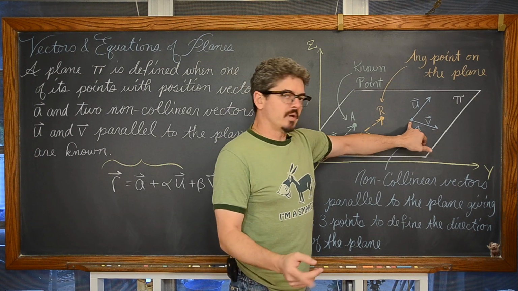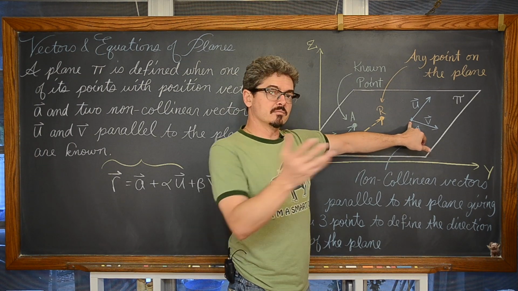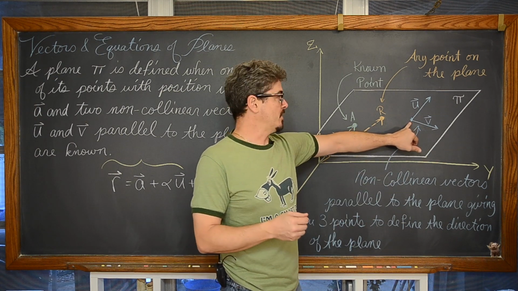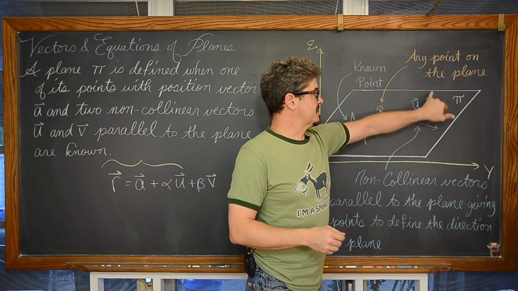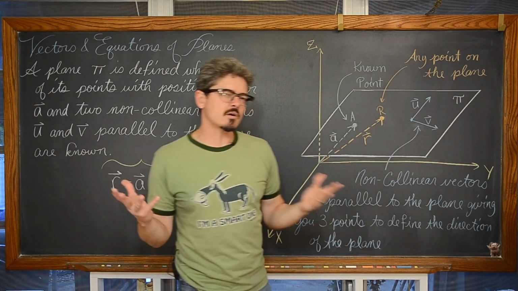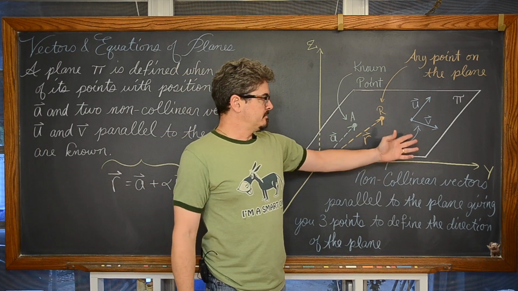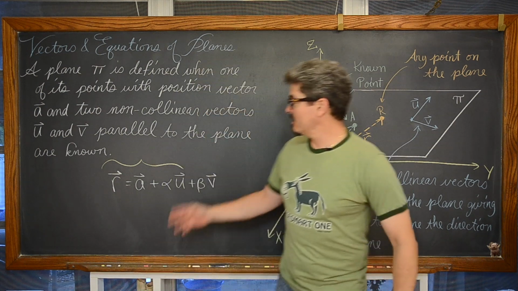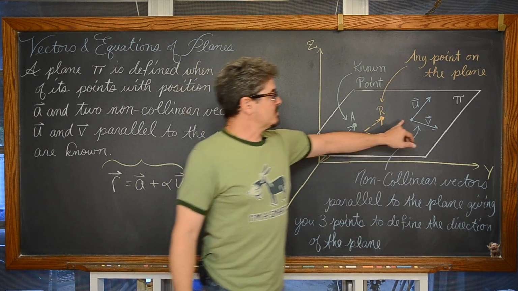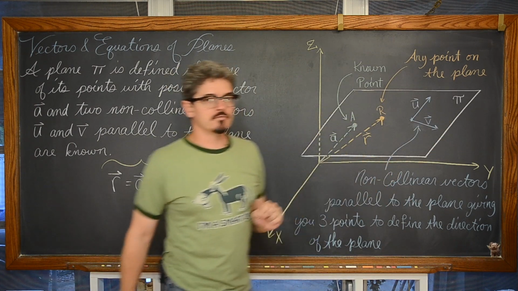We've got an initial point, which these two vectors may or may not necessarily share, but just for convenience and simplicity, let's say vectors u and v are positioned to share that same initial point. And of course we have the terminal points of each of these two non-collinear vectors. Well, that's going to be 3 points to define a plane, just like all the way back in geometry. And not define the plane per se, because our non-collinear vectors may not actually be in the plane, but they're defining a plane that's parallel to the plane pi that we're going to find.